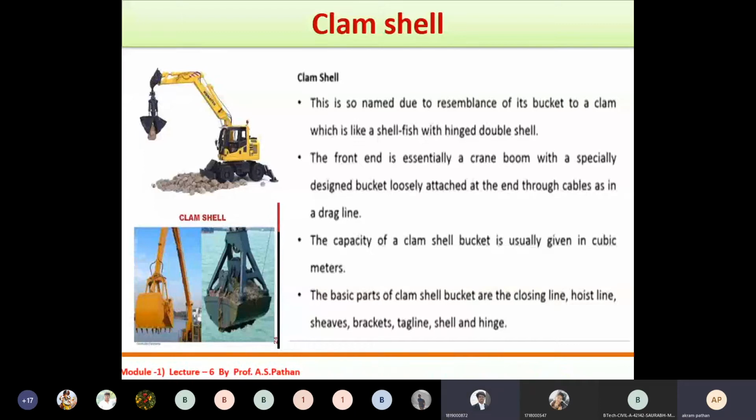So what is a clamshell? A clamshell is equipment like a power shovel also, but in the case of a clamshell, it has two shells or two buckets, for lifting loose material and boulders. It is so named due to the resemblance of its bucket to a clam, which is like a shellfish with hinged double shells. So these are the two buckets or two jaws, you can say, for lifting material.